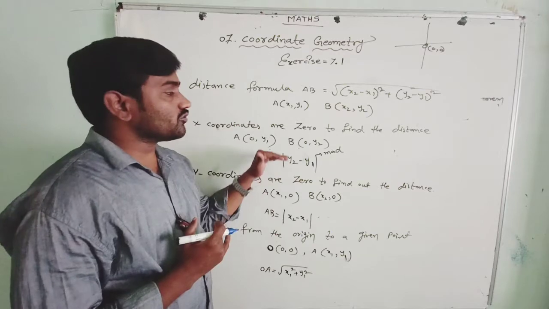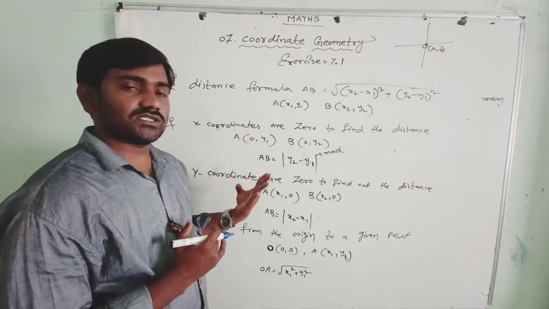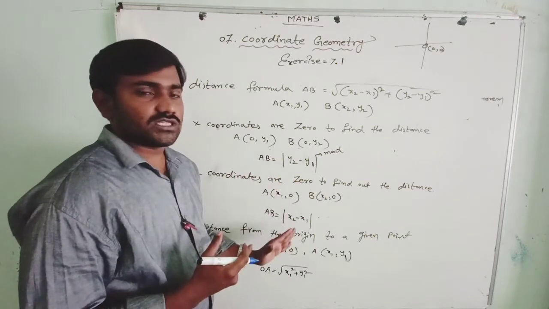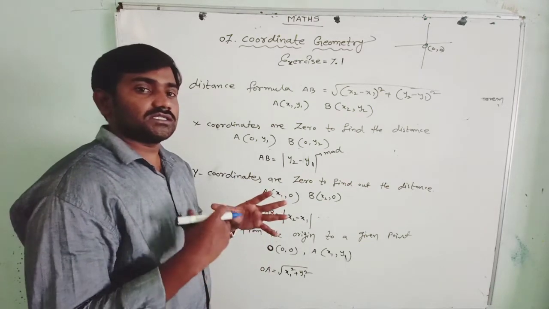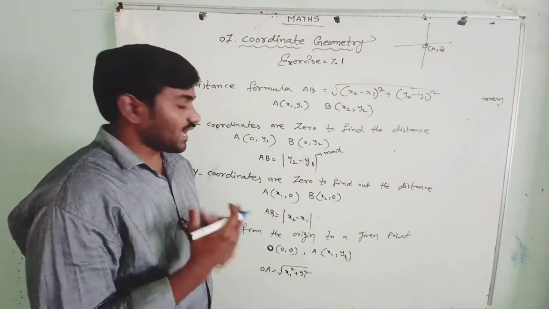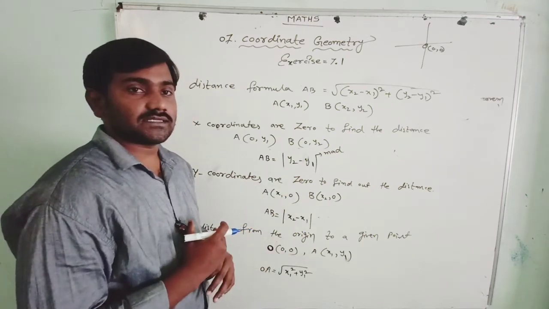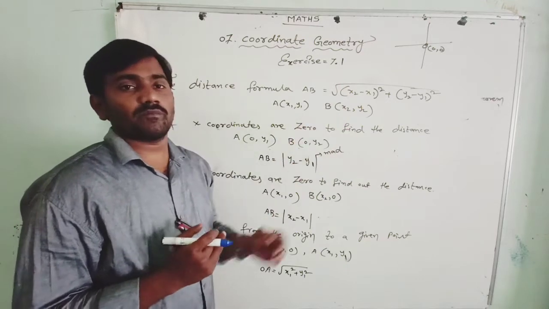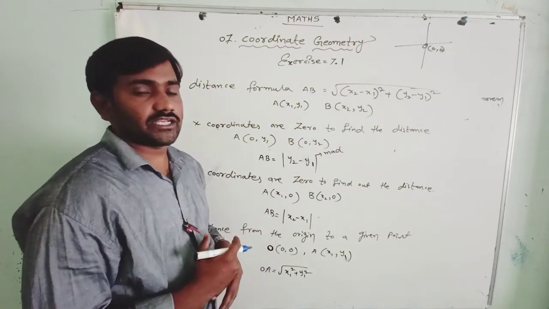But if you are able to identify situations where x coordinates are 0 and y coordinates are 0 in the questions, directly use the shortcut within 2-3 steps without large calculations, without wasting your time, and you will get the answer. But if you use the original formula, it may take 2-3 steps more, and it's a waste of your ink and a waste of your time in the examination.